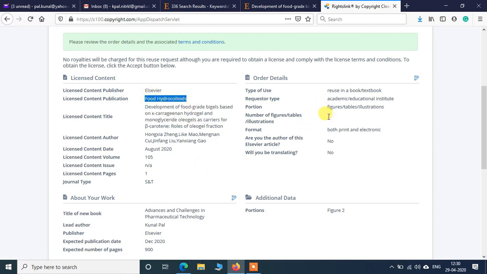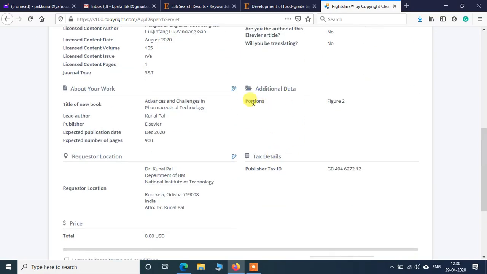Number of figures I want to reproduce is 1. Which one do I want to reproduce? Figure 2. And in which book do I want to use it? I want to use it in the book Advances and Challenges in Pharmaceutical Technology.